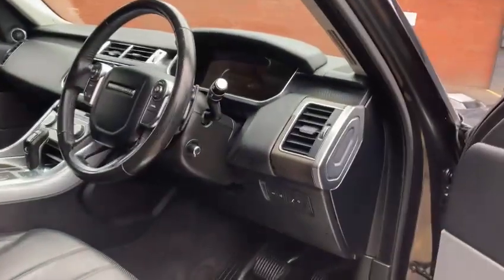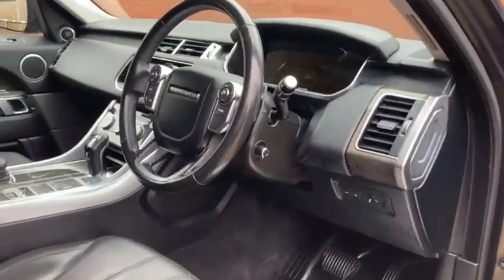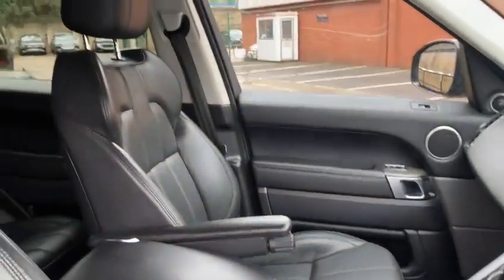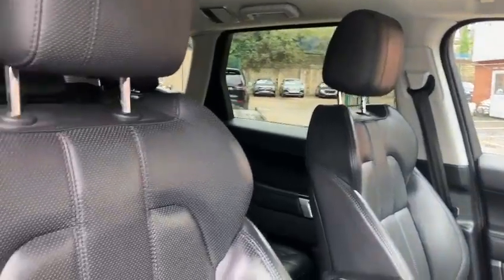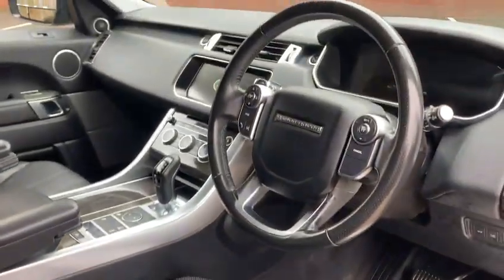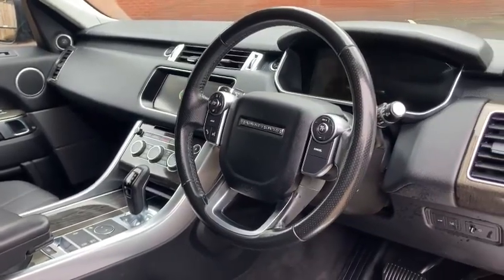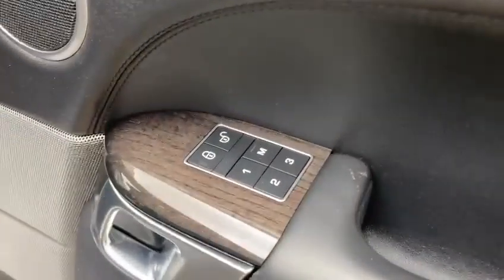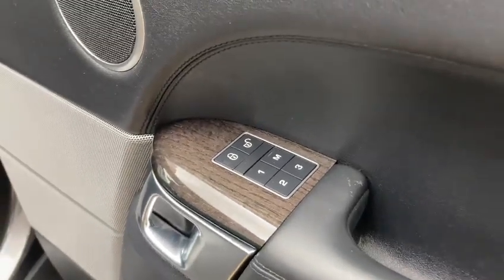And as we have a look on the inside, entering by the driver's door, the very well looked after, well presented Ebony Leather interior. First thing you see on the door card is the 3-stage electric memory seat controls,